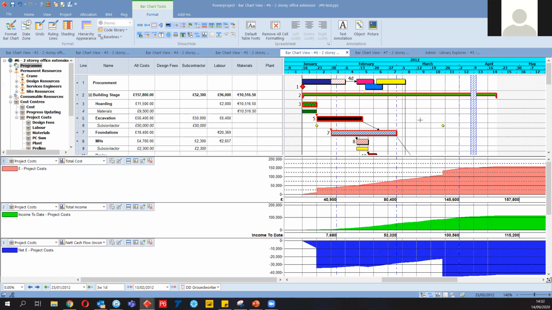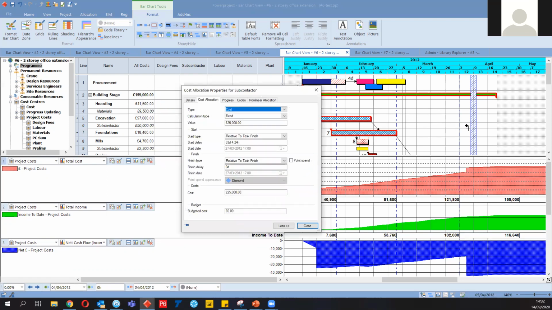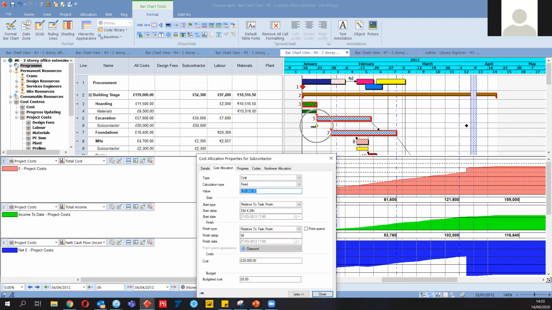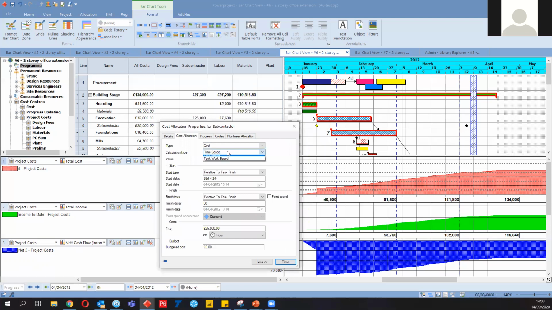So it's going to be, of course, dependent, but the date of this allocation is going to be dependent on the activity. So we see that it can be fixed. So it is fixed 25,000 because we split this cost into two in half. It can be based on time, which is not true for the excavation, but it can be based on task work. We can input, let's say the task work is